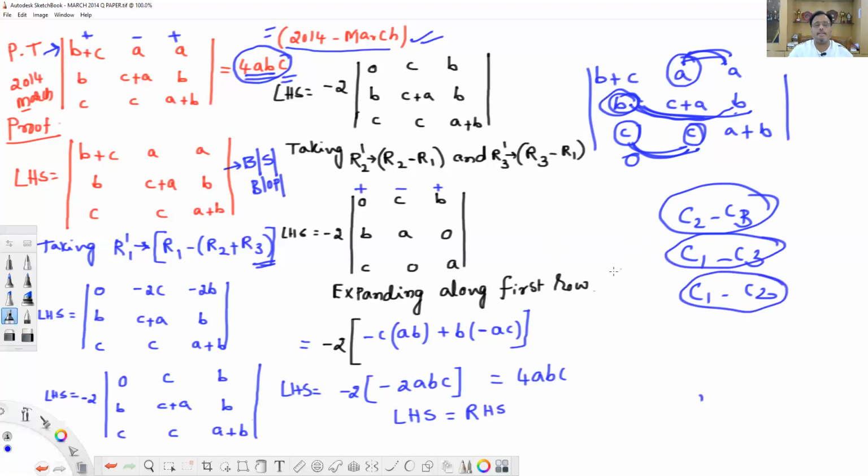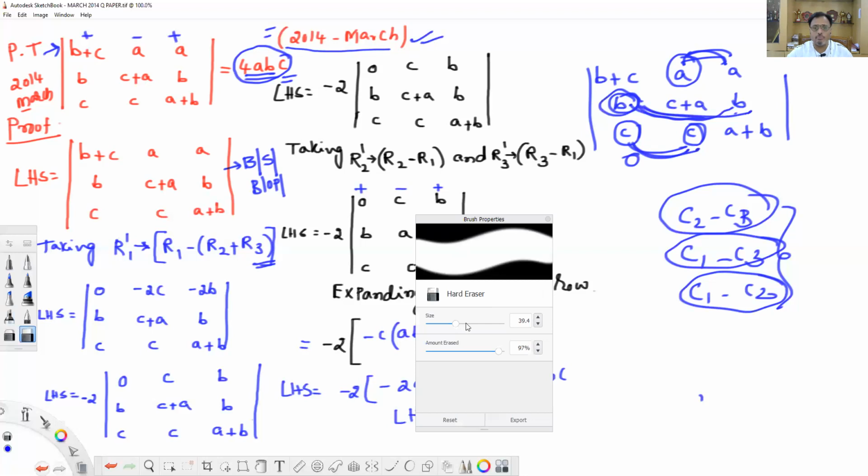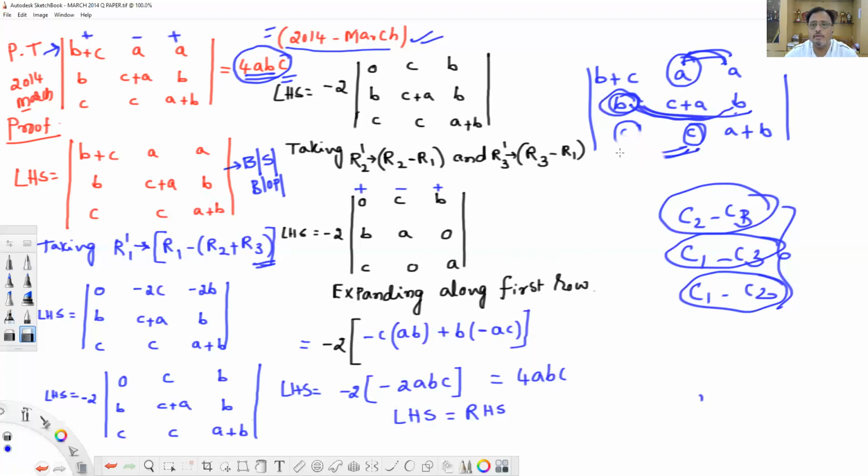I told you once again, before taking the body to the operation theatre, and bringing it out after the operation theatre, the body should have minimum 1 row or 1 column unchanged. If you do these operations, the entire body will get changed. That should not happen. So that's what, dear students, look here. What I want to suggest you in this problem, I'll just tell you.